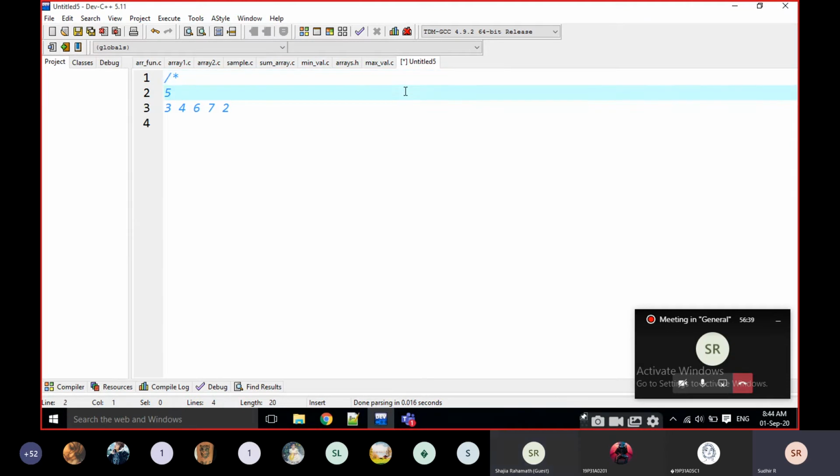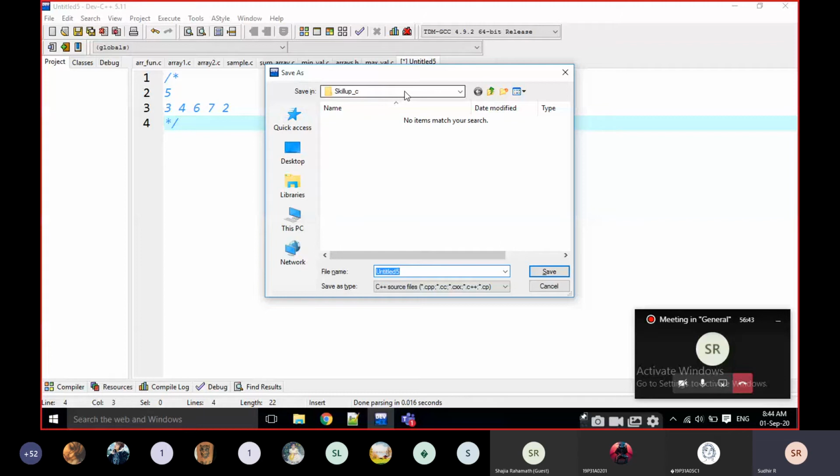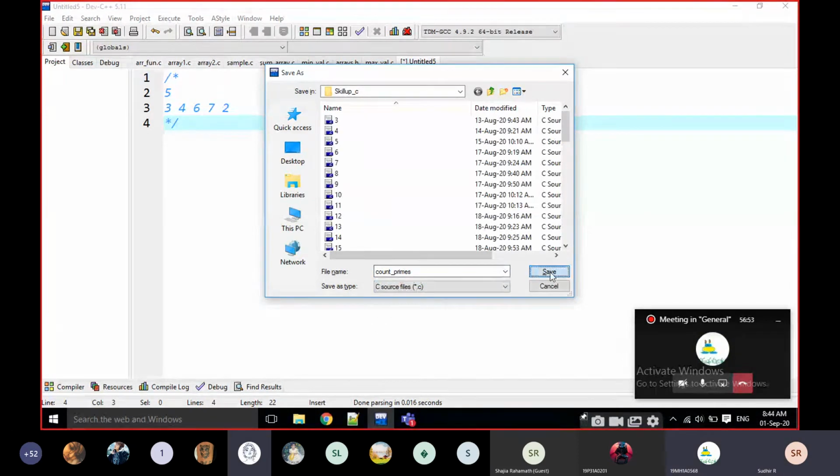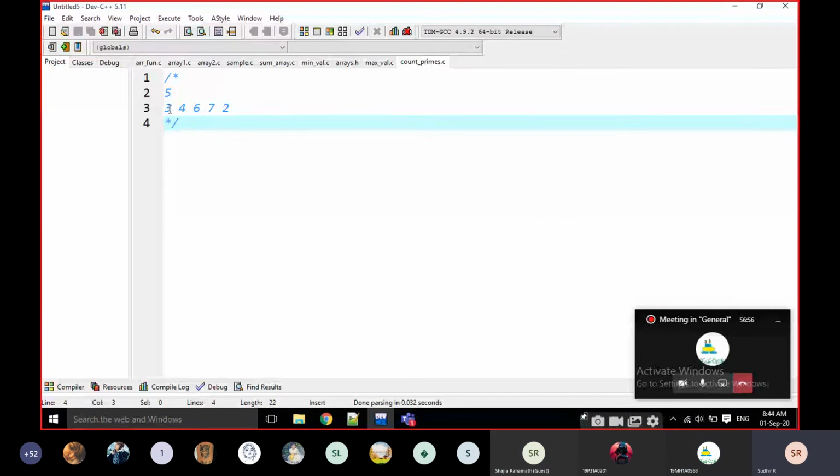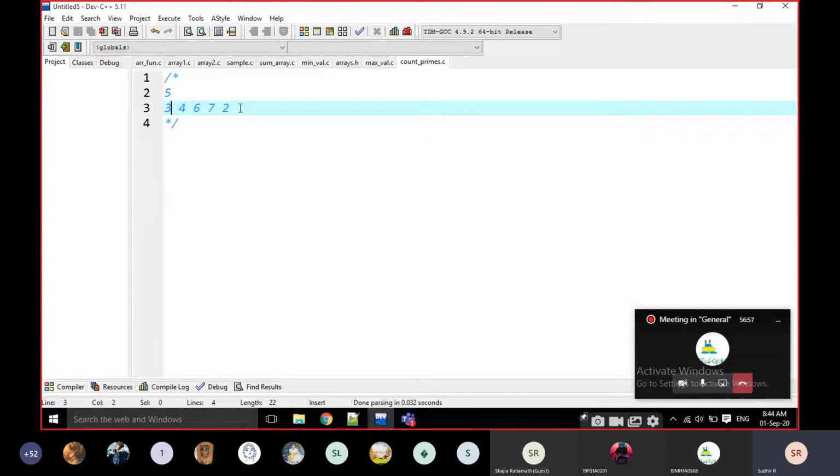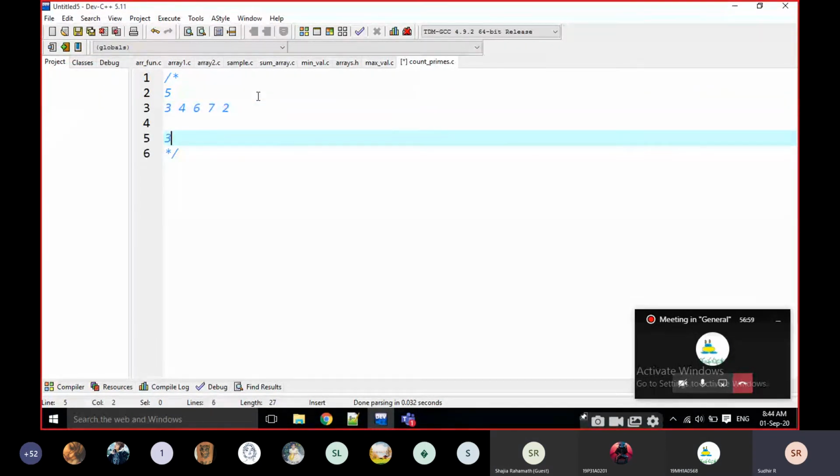How many prime numbers are there in this array? 3 is a prime number, 7 is a prime number, 2 is a prime number. The output is going to be 3. How many prime numbers in that array? That's it, nothing else.